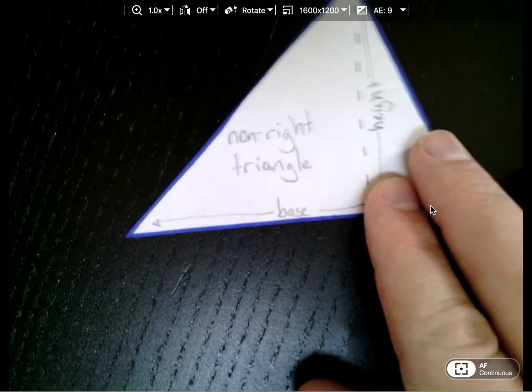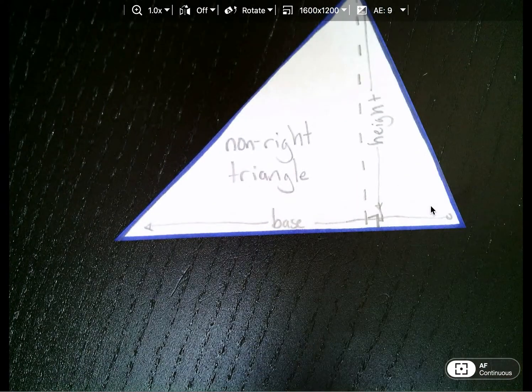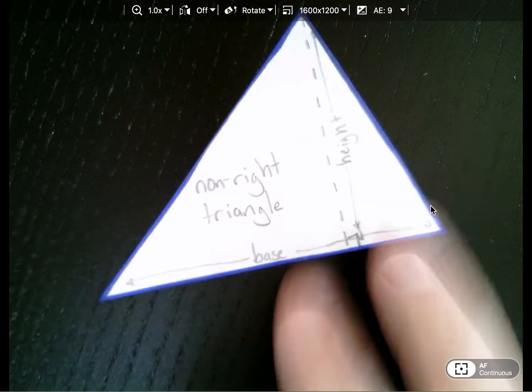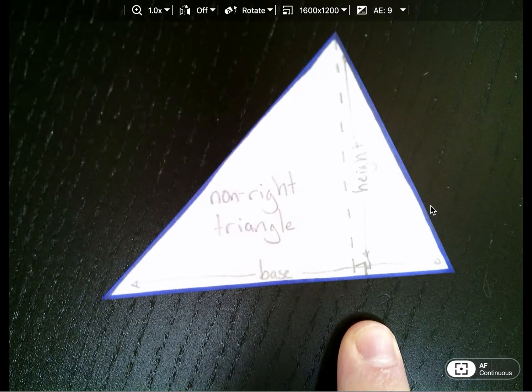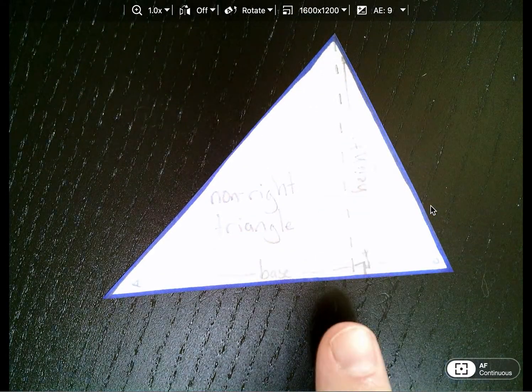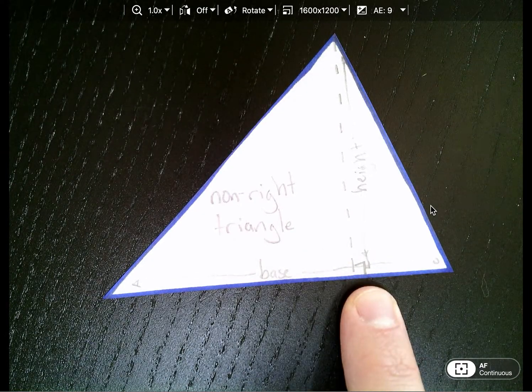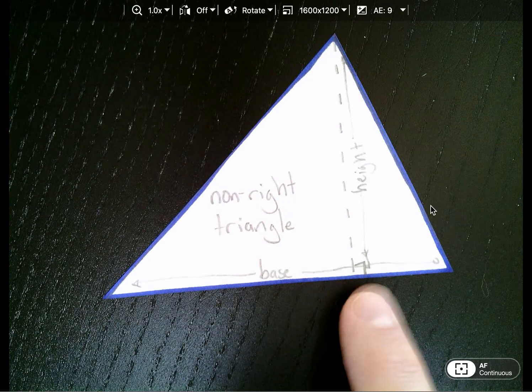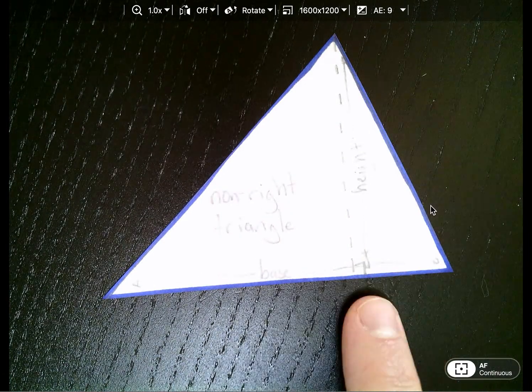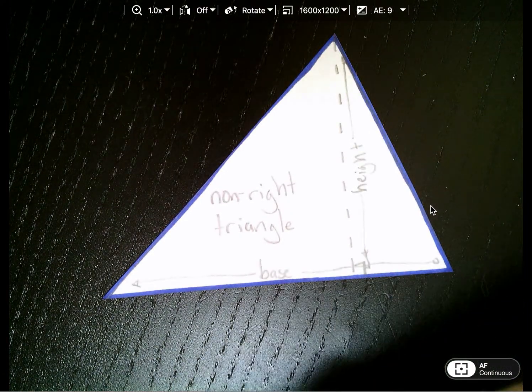That's a right triangle. Here is a non-right triangle. And now here we can see we have base still, and we have the height, which is perpendicular to the base, but now that height is inside the triangle. It's no longer a side of the triangle, it's inside. And you might have situations where they draw it instead of like this. You would have a very obtuse triangle